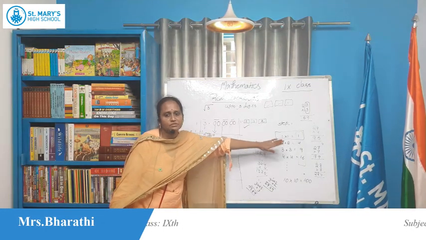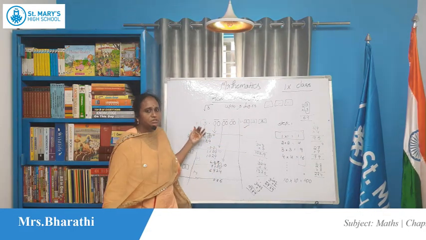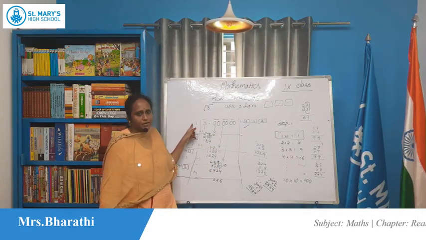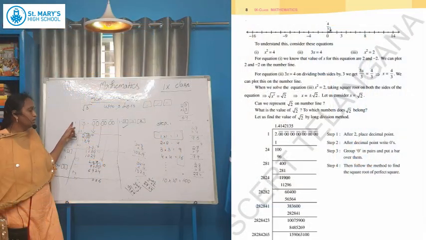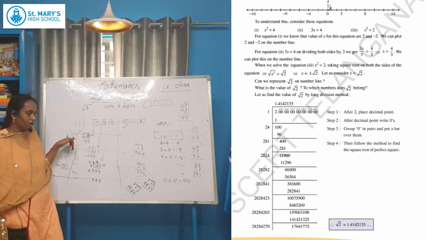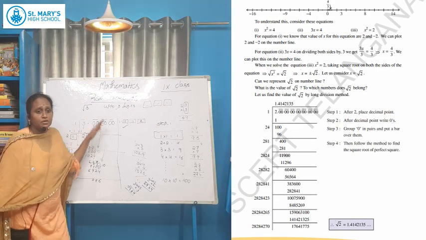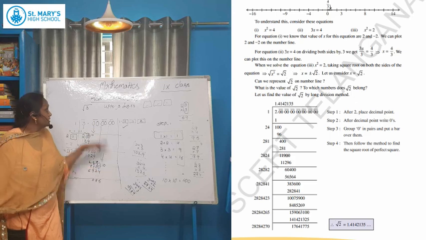Only perfect square numbers we should take in each case. In the first place, the first divisor, we should take the smallest perfect square number, and the next one we will add to the divisor. In every case we get the second and third divisors. I hope you all understood this. Under root 3 value is 1.732.